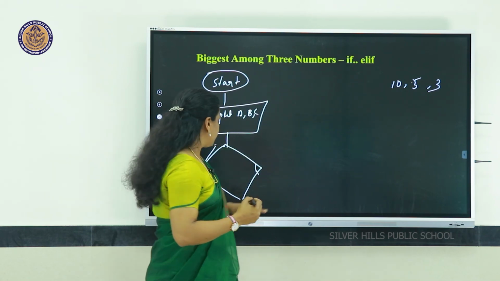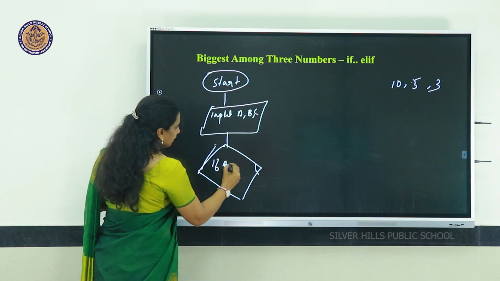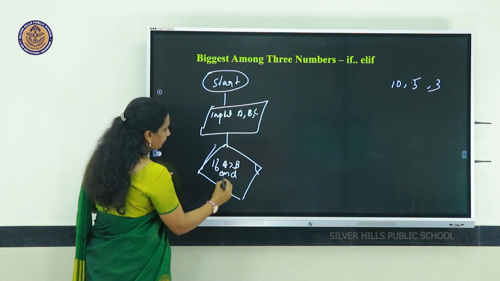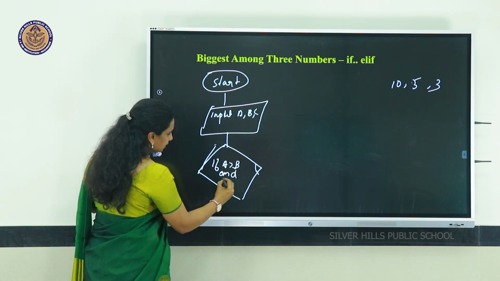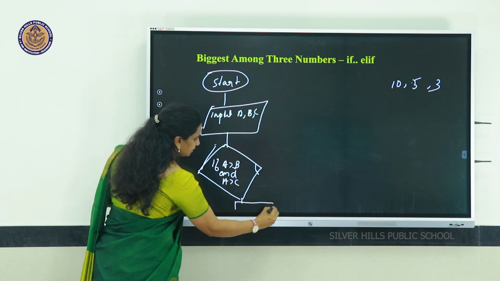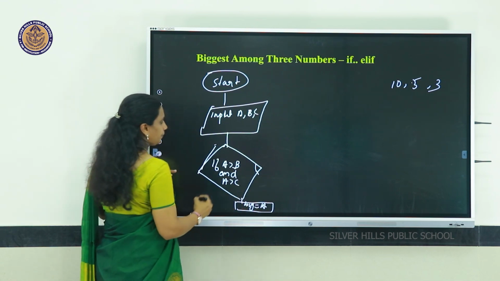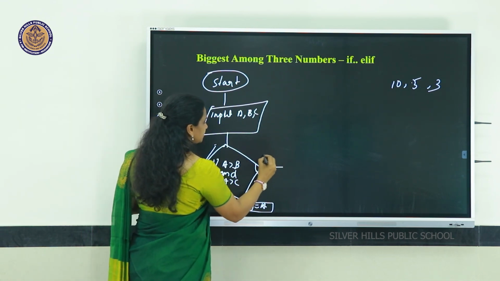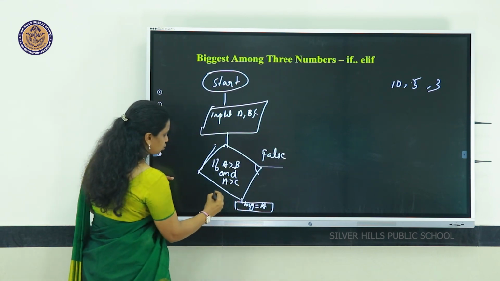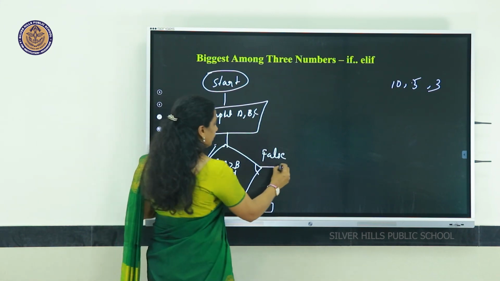Now how we can write it? If A greater than B and you can combine it with AND operator, A greater than C, which one is the biggest number? You can write it as big is equal to A. Okay. Suppose this condition is true, you can assume that biggest is A. Okay. Now